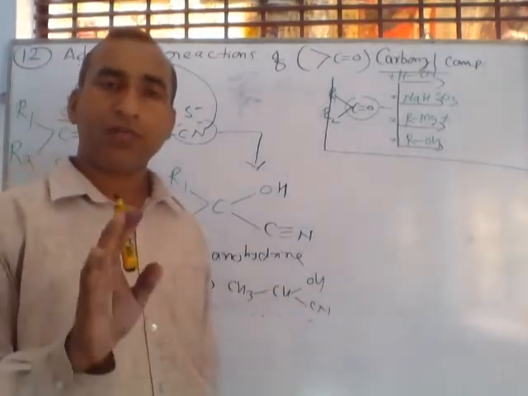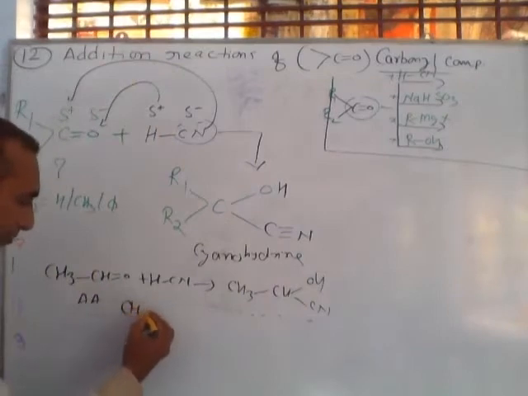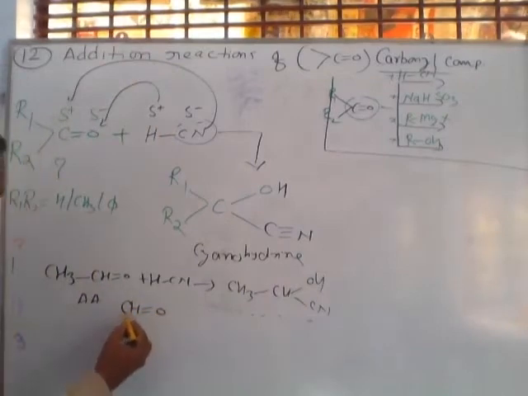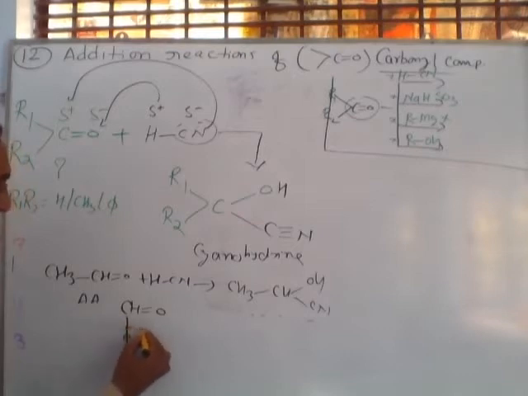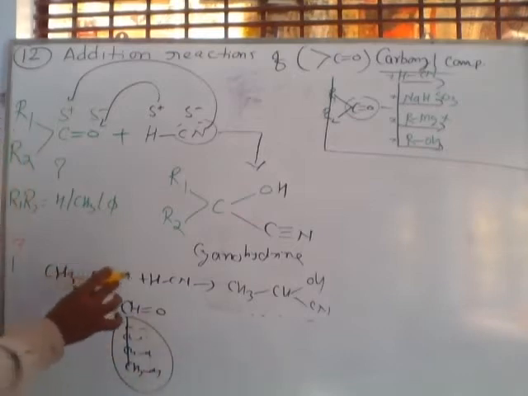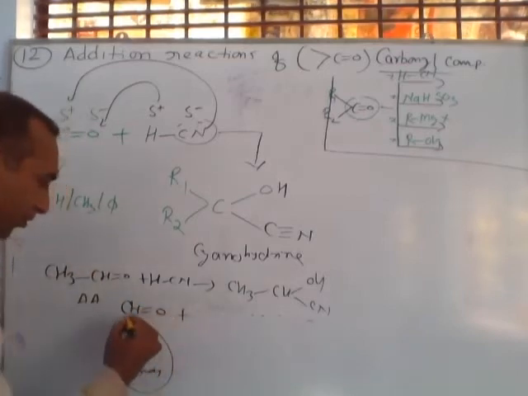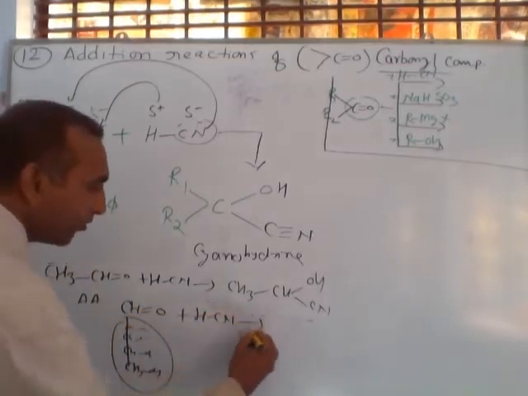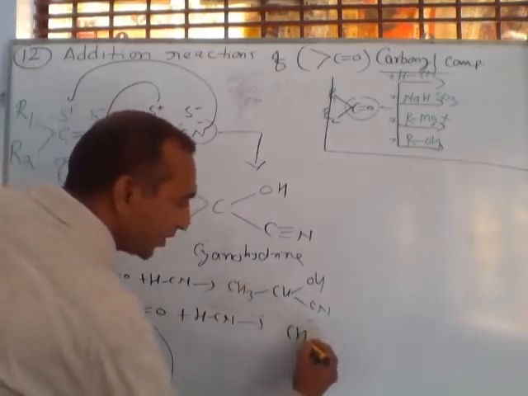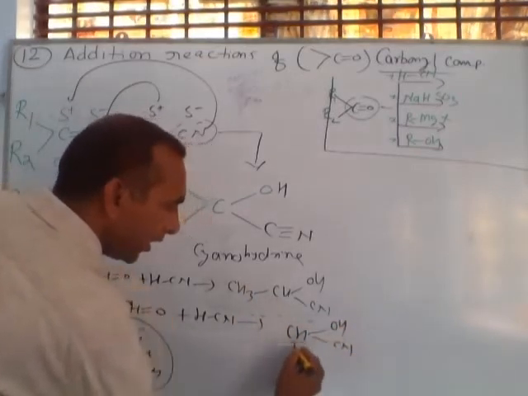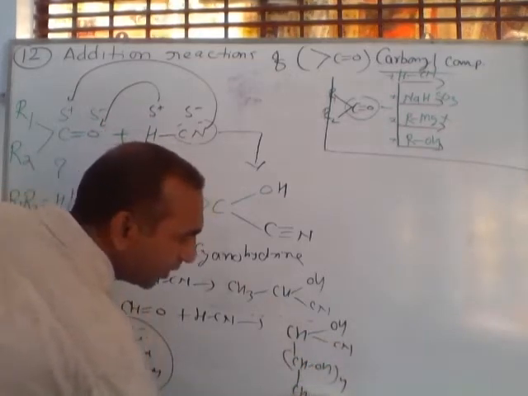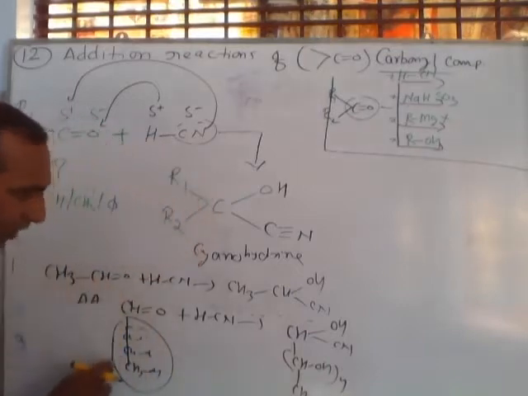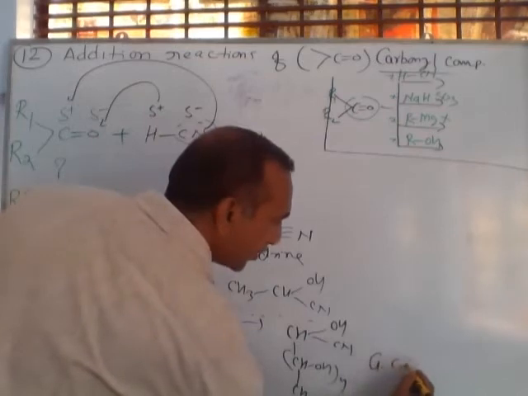Do you remember the formula of glucose? Glucose is this type: C double bond O, and here a long chain of carbon is present. It means CH2OH, CHOH, CHOH, CHOH, CHOH, in total 5 carbons, and here the aldehyde group is present. So if glucose reacts with hydrogen cyanide, what will happen? This type of compound will form, with CH, CN and here CHOH, these are 4, and lastly CH2OH, with no change in all these 5 carbons. This compound is called glucose cyanohydrin.